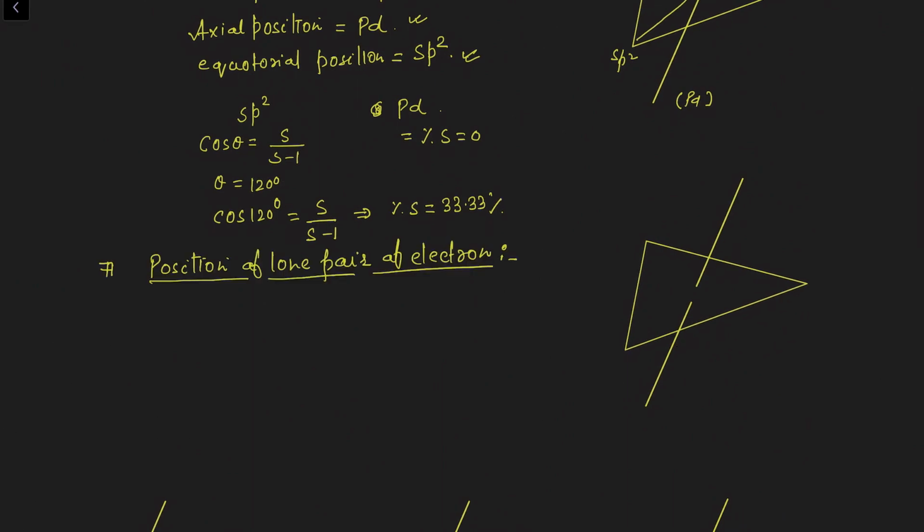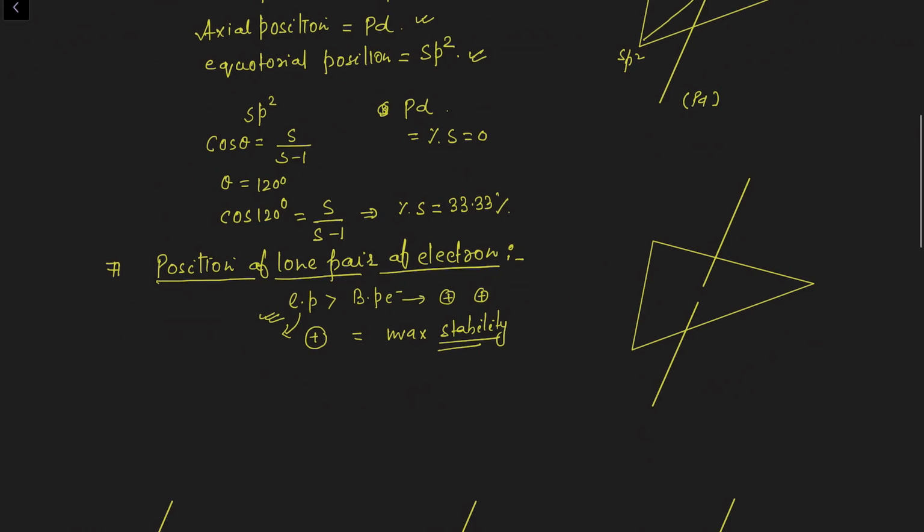As we know, a lone pair of electrons is more free than a bond pair of electrons. Why? Because the bond pair is under the influence of two nuclei and the lone pair is under the influence of one nucleus. We know generally if a molecule wants to get maximum stability, what will it do? Generally we try to cease the movement of the lone pair of electrons, or to minimize the movement of the lone pair or multiple bond, double bond or triple bond.